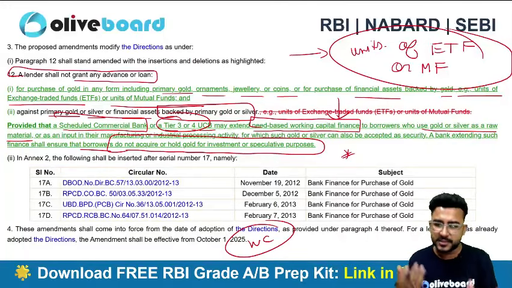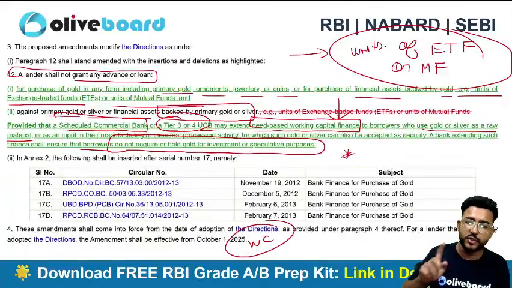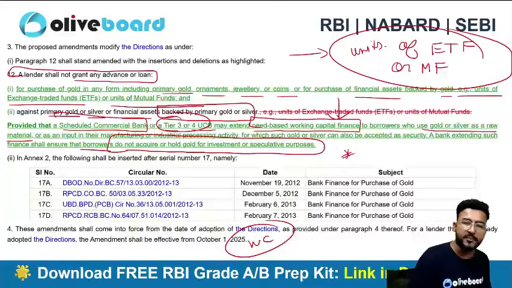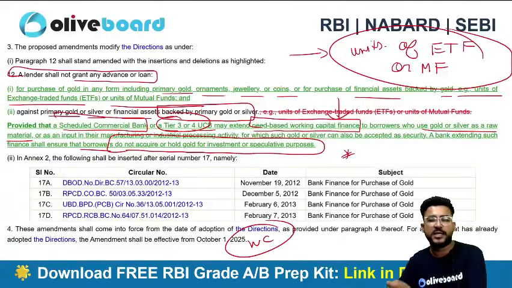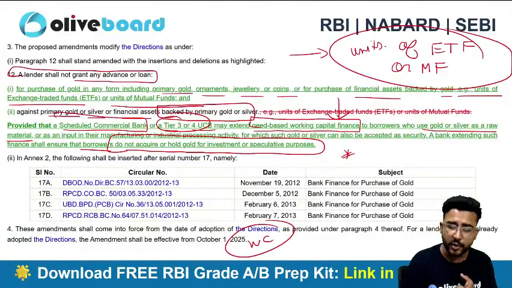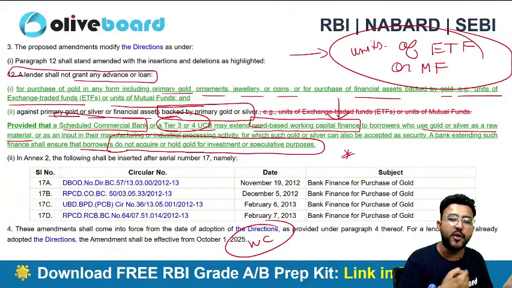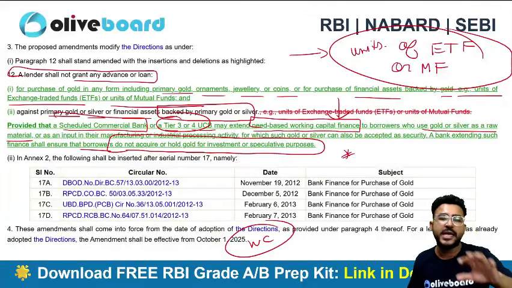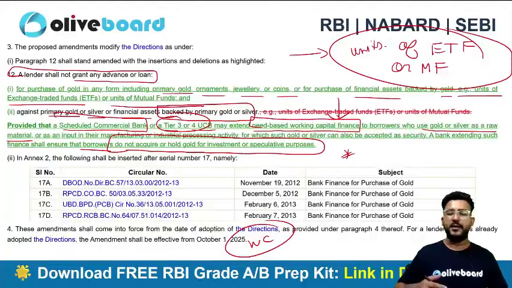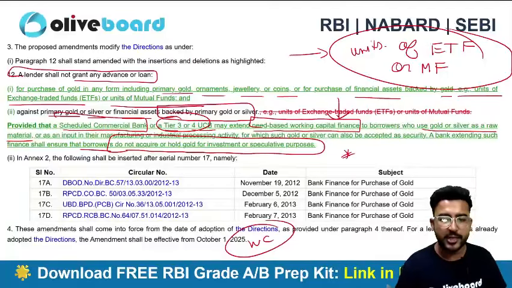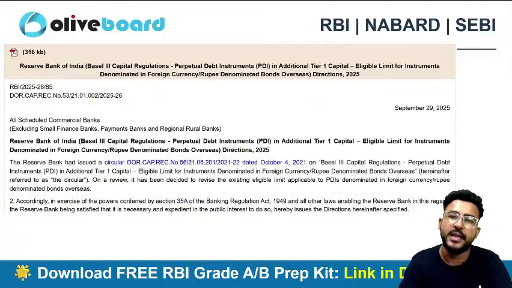Why? Because I'm a businessman. I deal in gold. So that should be related to my business only. The gold or silver should be related to my business only, right? So I can only receive that loan if I'm actually using it as my raw material. And the bank needs to ensure that I'm not using that gold for speculative purpose or any kind of investment purpose, because working capital loans are business loans, right? What is a working capital? The money that I need in order to run my day-to-day operations. So it should completely relate here.